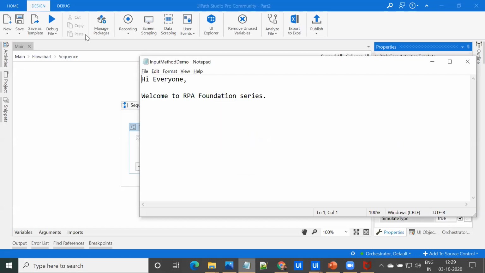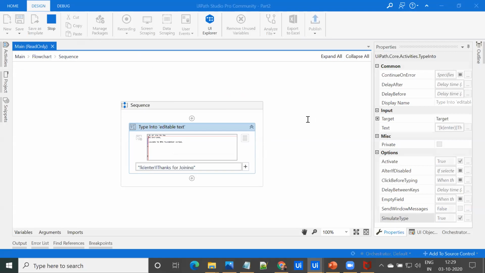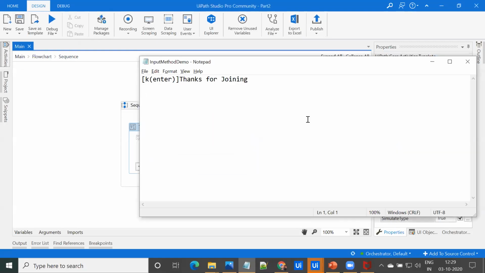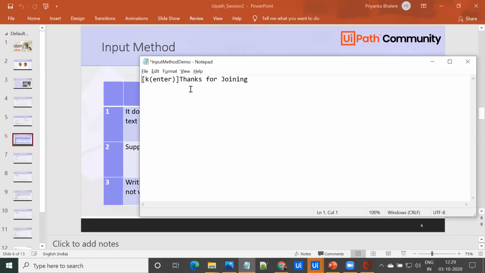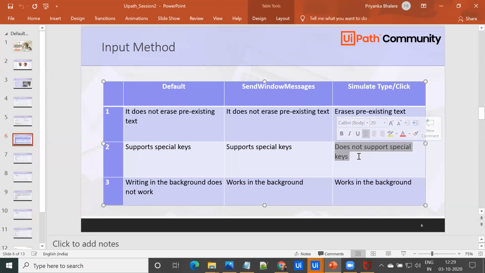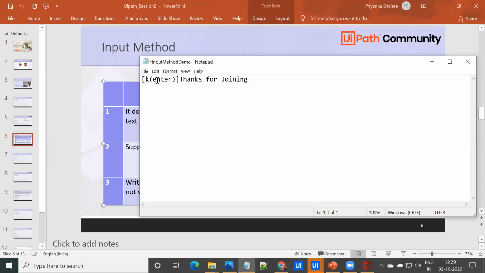And let's see how it works. As you can see here, it erased the pre-existing text. Whatever text was there, it has erased from that particular notepad, and it does not support the special key. That means the enter we have provided as a special key, it has considered as text and printed it like that.